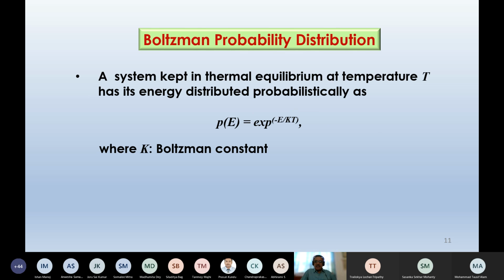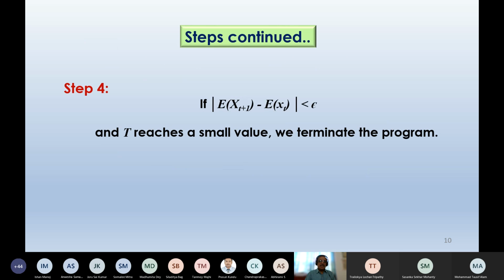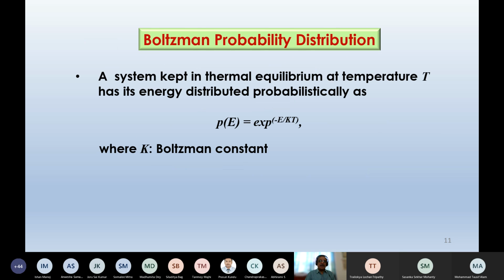Now I'm just going to discuss the reason behind that particular expression, that is e raised to the power minus delta E divided by T. So I'm just going to discuss why it is like this. To discuss this, I'll have to enter a little bit into thermodynamics. All of you have studied thermodynamics. So I'll have to go to the Boltzmann probability distribution, which all of you have studied in the course